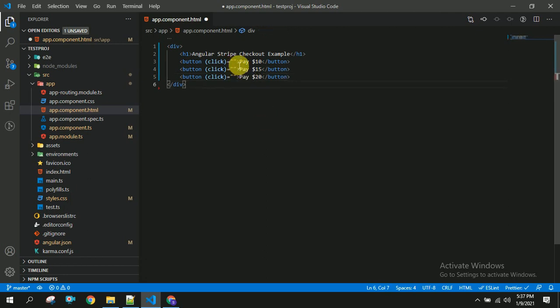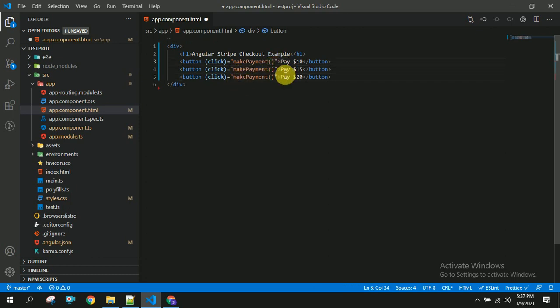So once user clicks on this button, a method will be called named make payment. To this method we have to send whatever user is going to click.